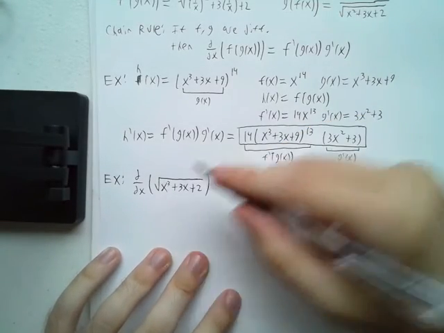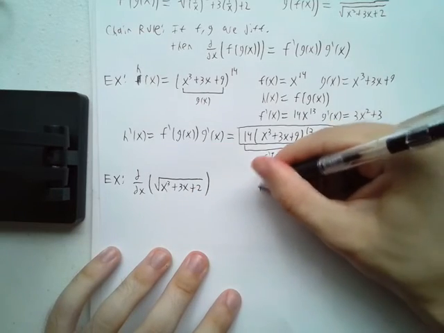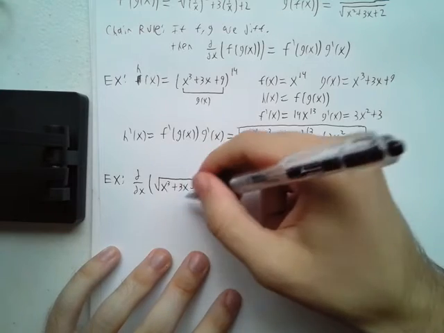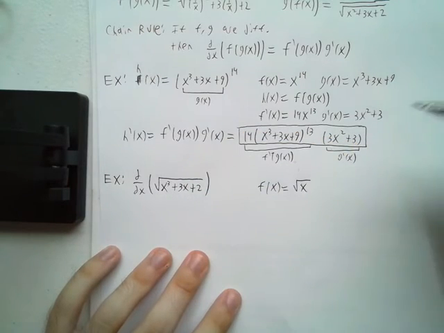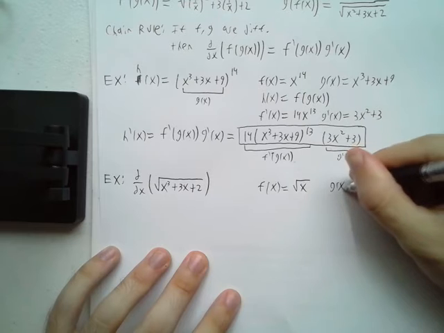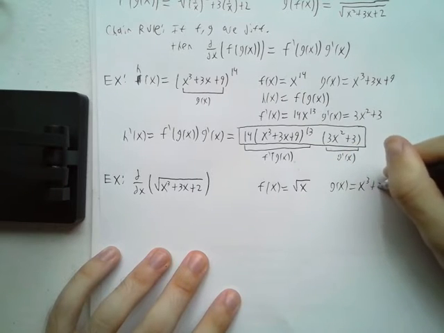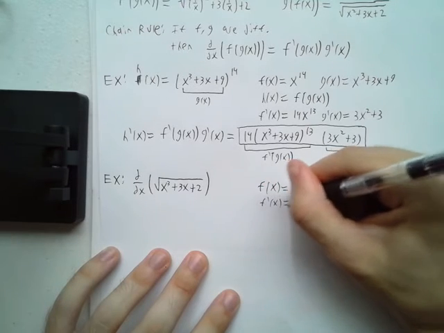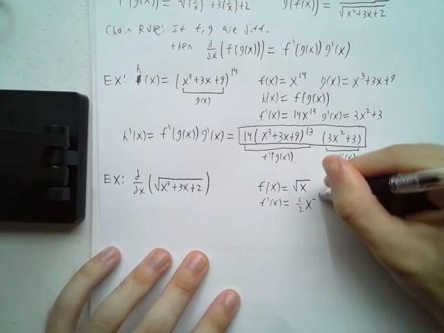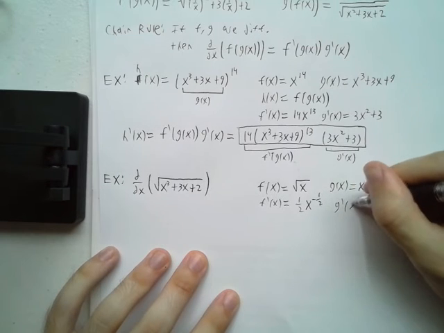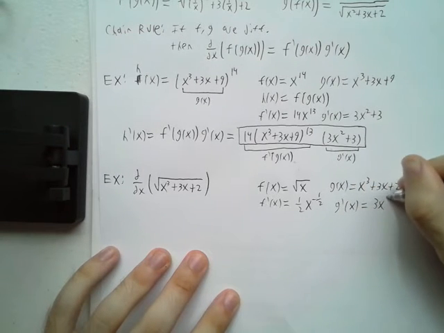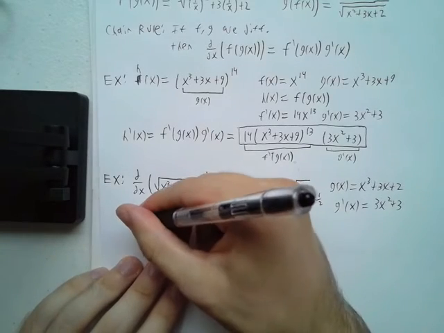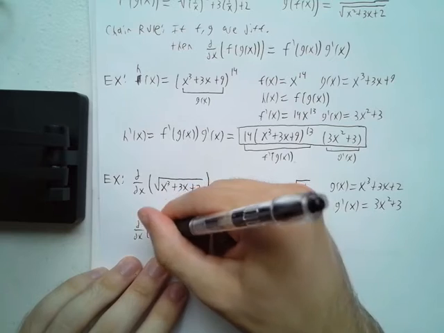And we identify the outside function as f of x equals square root x, and then the function on the inside is this x cubed plus 3x plus 2. So then we can calculate f prime of x is equal to 1/2 x to the negative 1/2. g prime of x is 3x squared plus 3. And so that means that this derivative we want to calculate